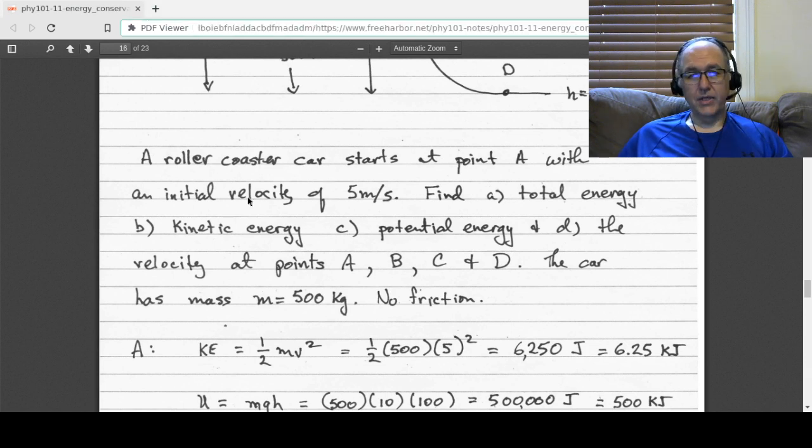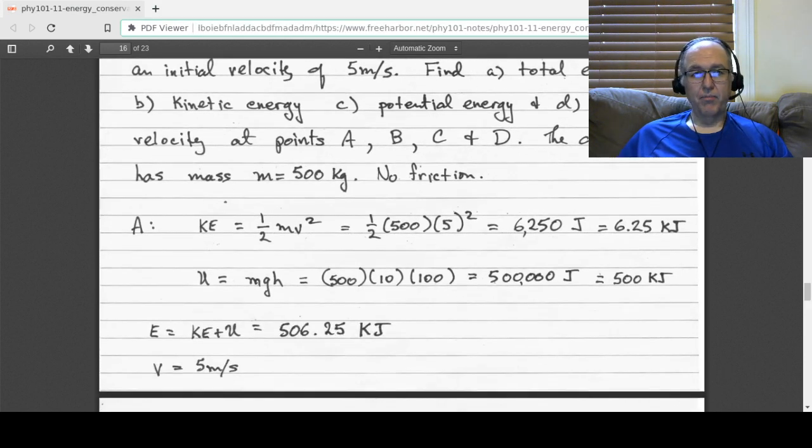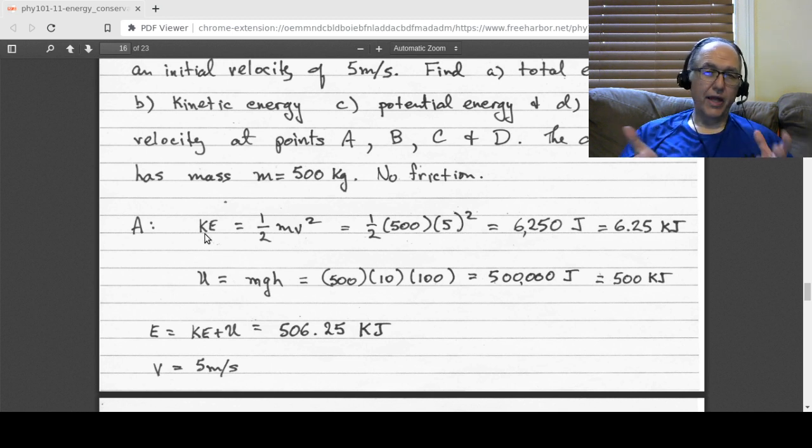Let's start off at point A. It turns out that I did give you enough information at point A. So at point A, you say to yourself, okay, total energy. What's the total energy there? It's made up of two pieces: the kinetic piece and the potential piece. For the kinetic piece, there's only one way to calculate the kinetic energy. There's only one type of kinetic energy, and that is the energy because something is moving, and that's equal to 1/2 mv squared. Okay, so substituting in the numbers, the mass was 500, the initial velocity was 5 meters per